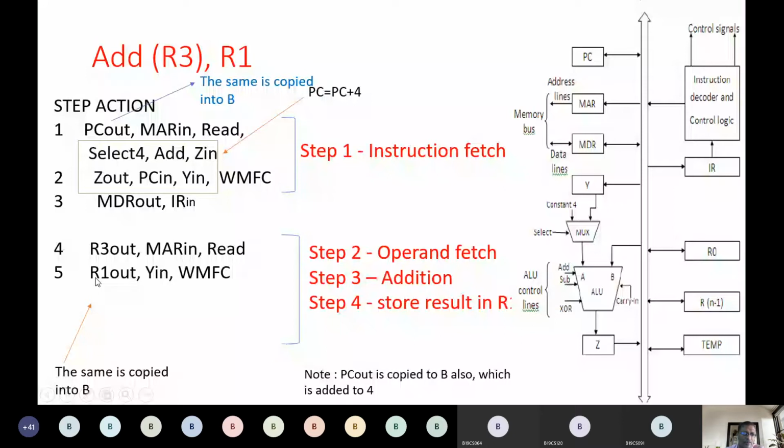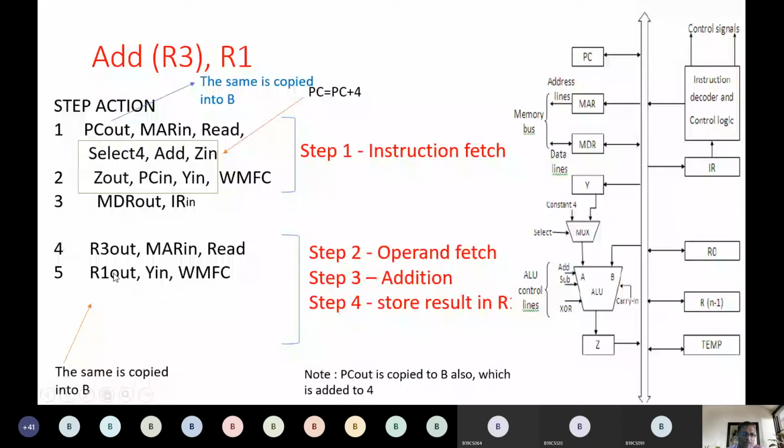So similarly, we will take R1 out, the value in R1. So in R1 we have the value, maybe 10, and we will store it in the Y register. It accepts because the in signal is set to 1. Next, the read completes when this is indicated. So the read completes here. Meanwhile, we will read from R1 to Y.